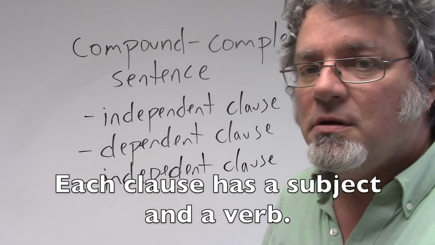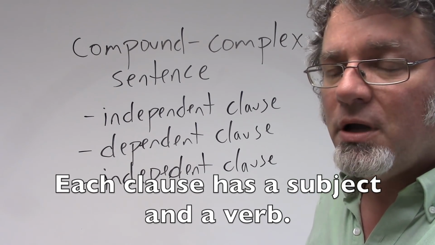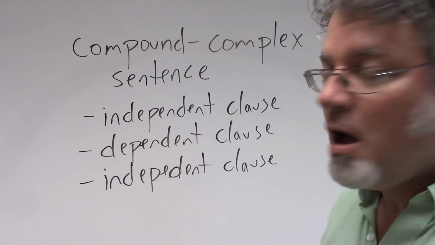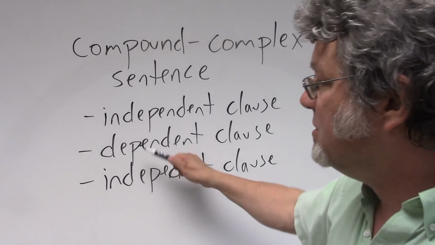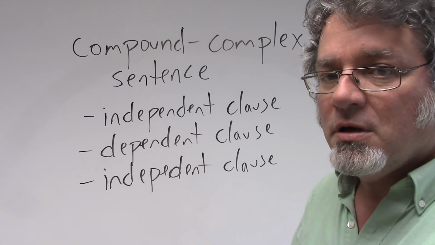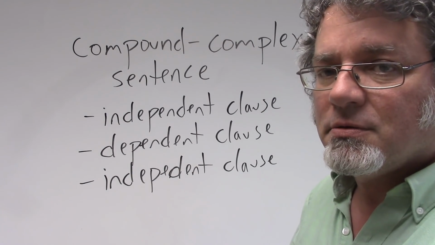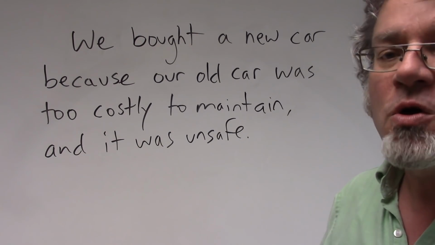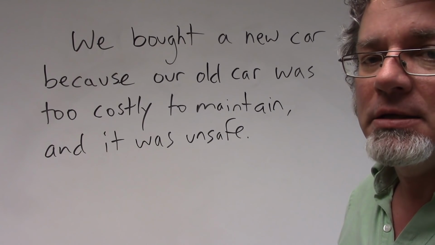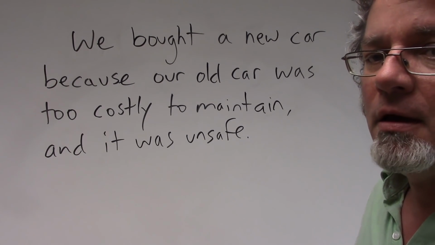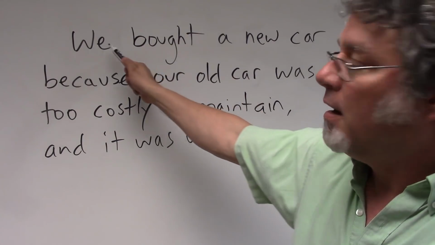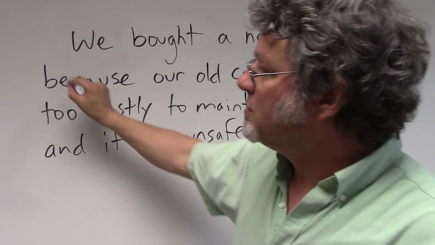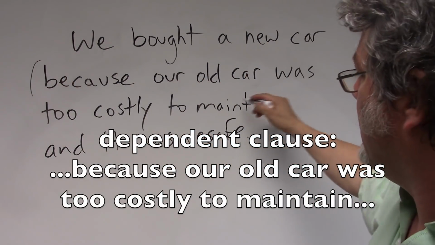Each clause has a subject and a verb. An independent clause can function like a sentence by itself, but a dependent clause needs the independent clause in order to make sense. We bought a new car because our old car was too costly to maintain, and it was unsafe. So this sentence begins with the independent clause, and starting with the word because, this is the dependent clause that ends here with this comma,